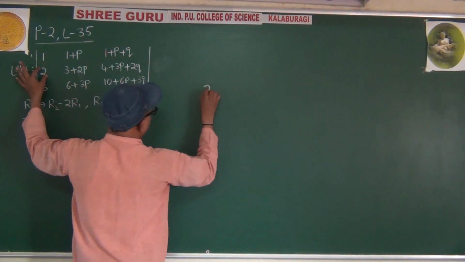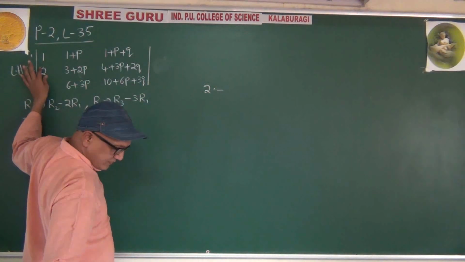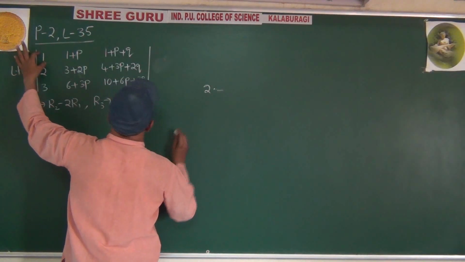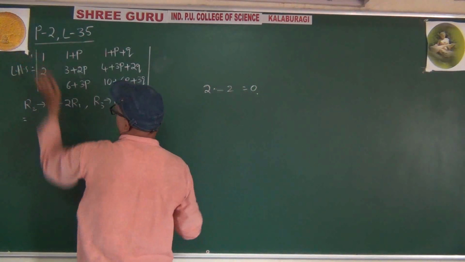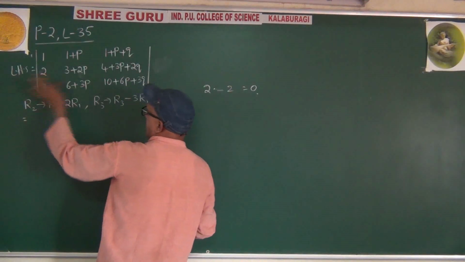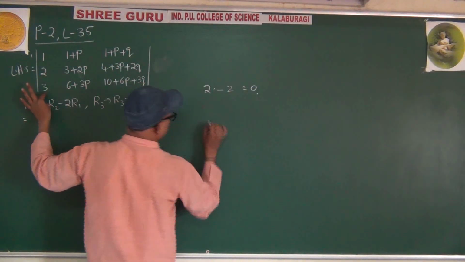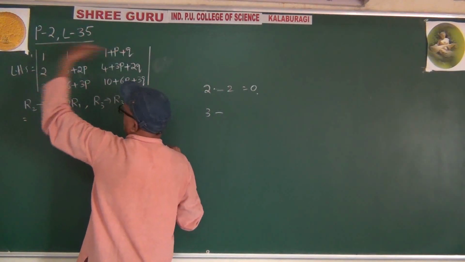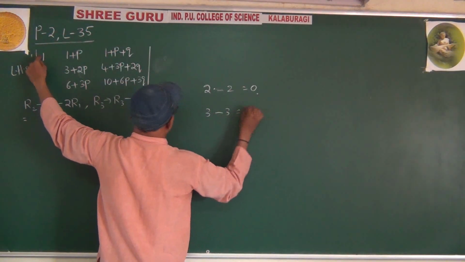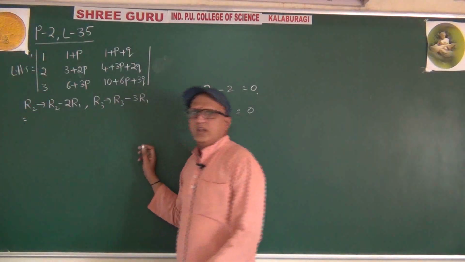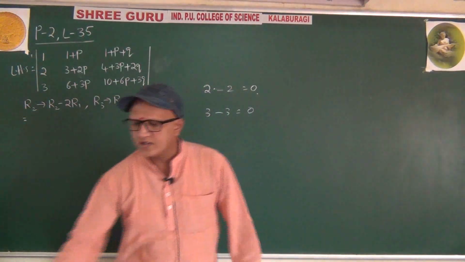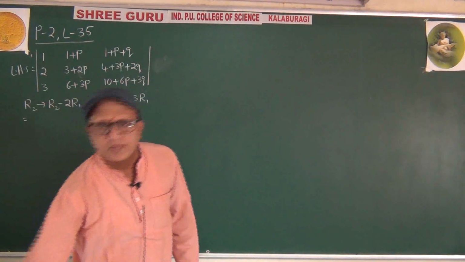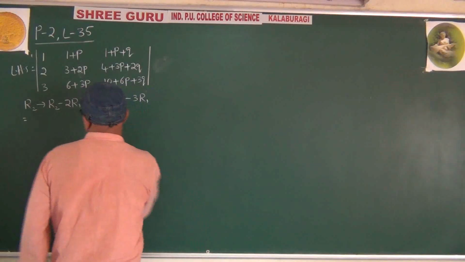R2 minus 2R1. 2 into 1, we get 0 at this place. R3 minus 3R1, 3 times this one. 3 into 1, so in these two places we get 0. Simplification will be easy. Because of that reason I have selected this operation. Okay? Equals to